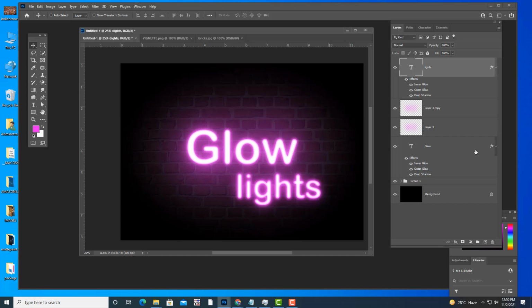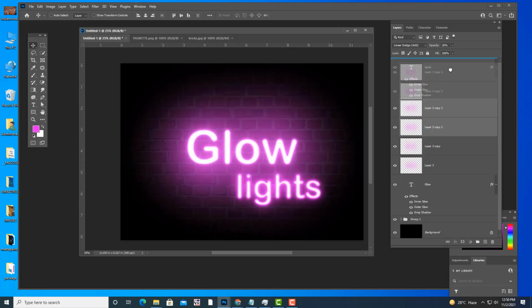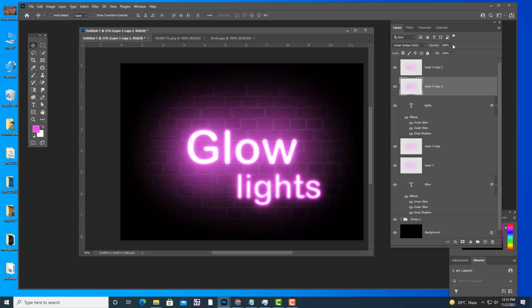You can also duplicate these two layers. Ctrl J. Then we'll drag this one over there, and we can reduce the opacity here if you don't want too much lighting. For both these things we can reduce the opacity, because we don't want too much lighting.